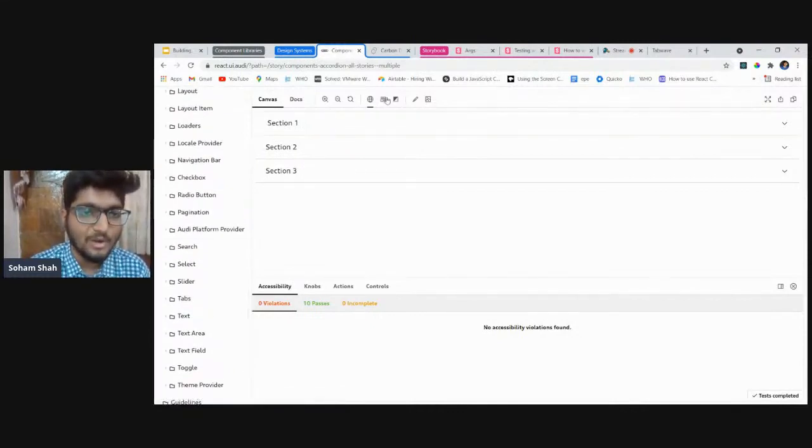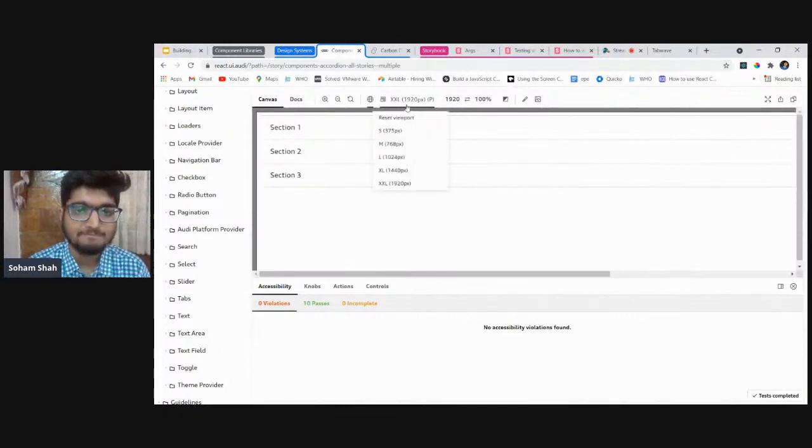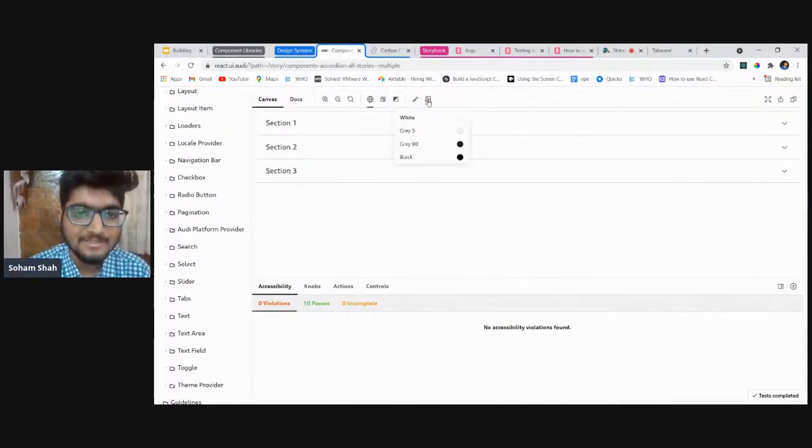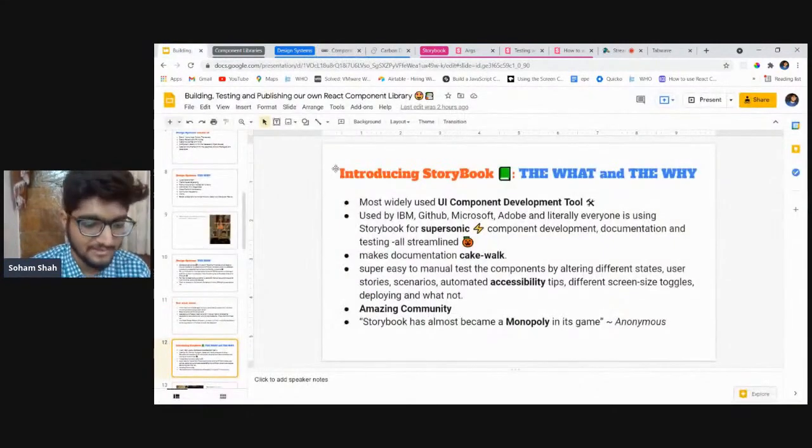It has a lot of stuff. For example, you can see it at a smaller size for responsiveness, or at a very large size, and it also shows what the background is. If you have some navbar in black, you can also check all those edge cases. But if we are doing this directly in our web app, it won't be that easy, and we might miss out on a lot of edge cases, right? So let us get back to it.